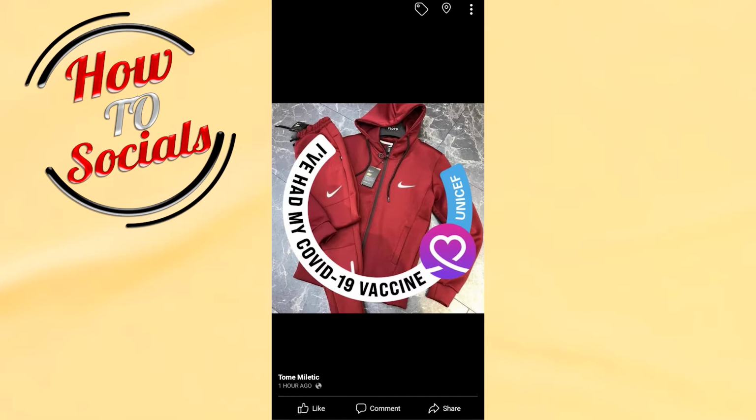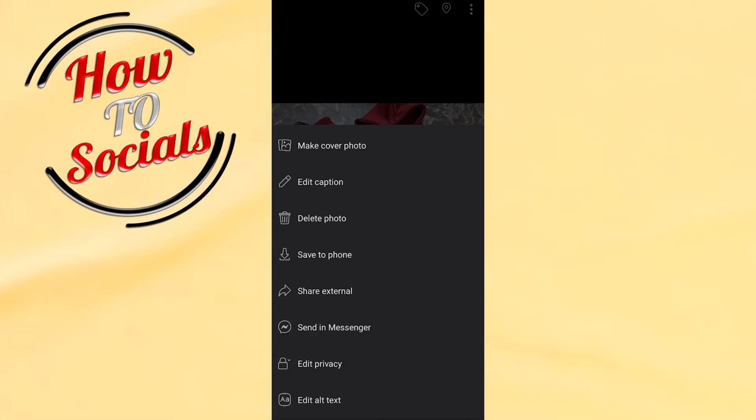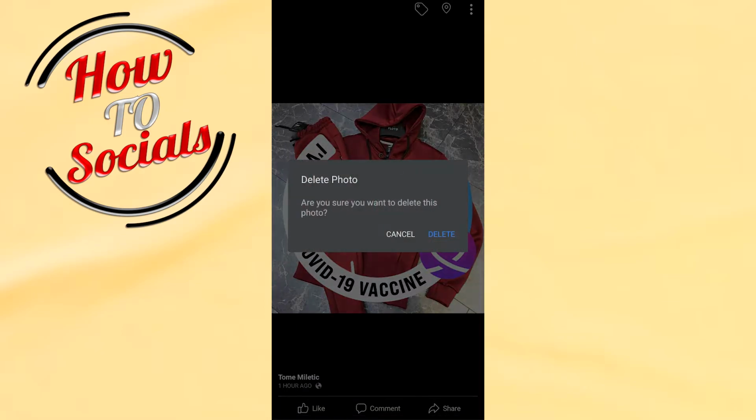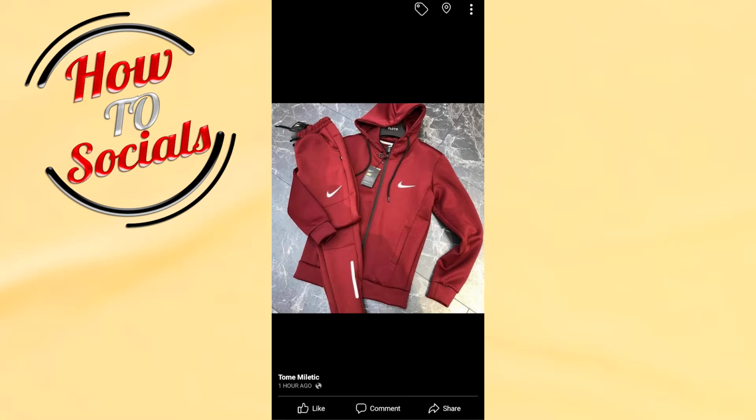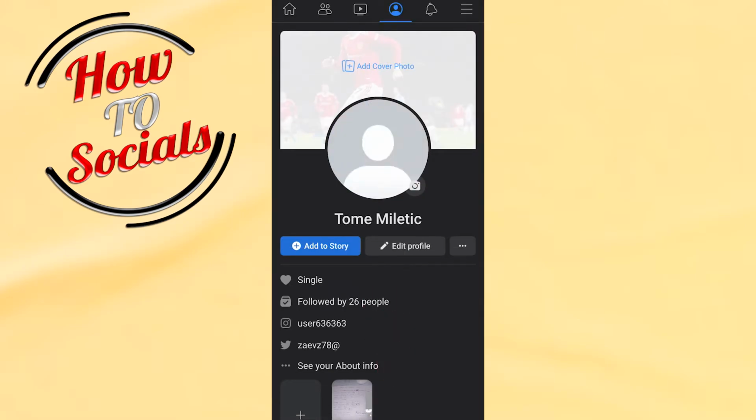What we need to do, just simply go on the three dots on the upper side, then we need to go for delete photo, and delete again. Now when we take a refresh, as you can see the frame has been removed, but also the profile picture